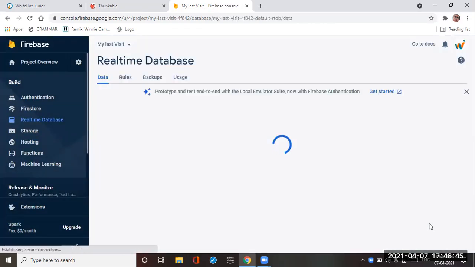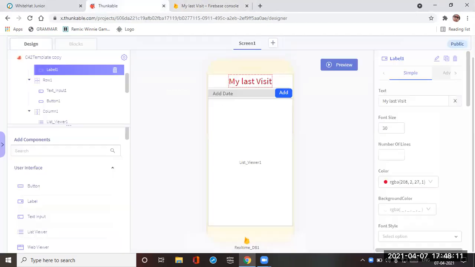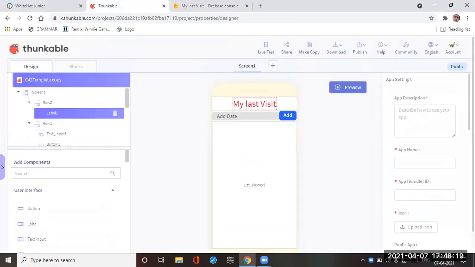Yeah, it's done. Now you will see the value here. It's null. So you can see the value here is null, which means nothing.